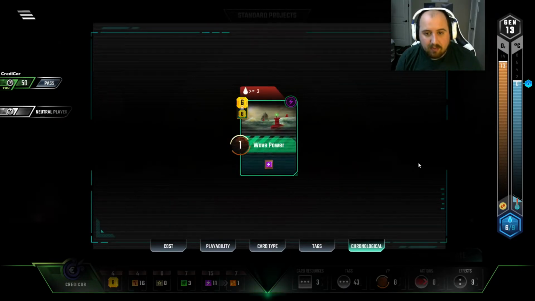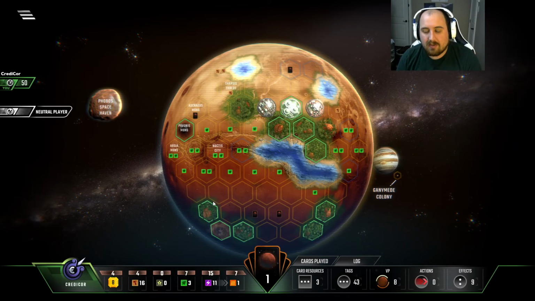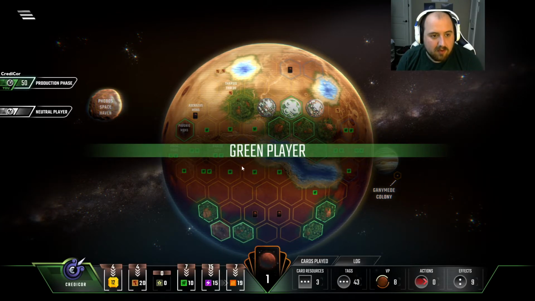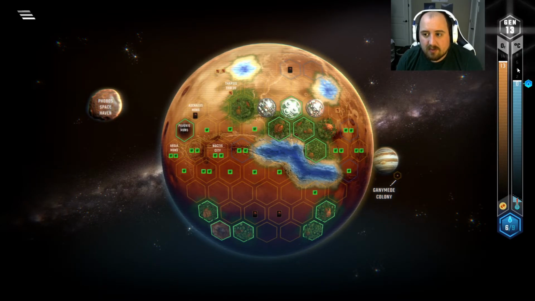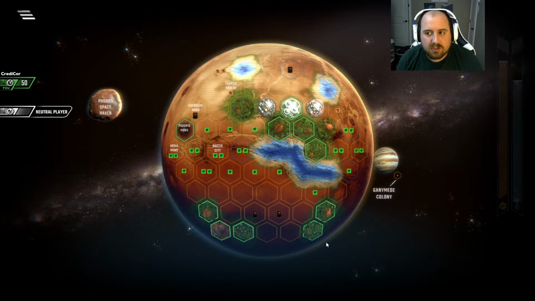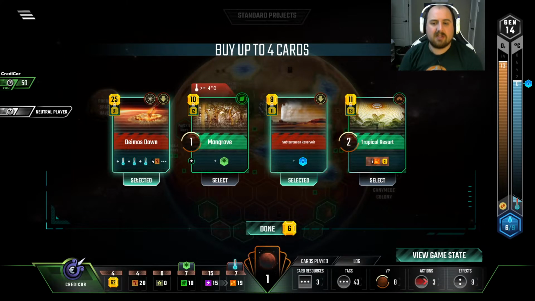Okay, and then this is a point, but honestly, the energy is pointless, so I'm just going to pass, and we're going to go into the next gen, and I'm going to focus on not losing. We have 2 heat bumps. We have 3 oceans to go. There we go. This Deimos Down isn't even great, but to get 2 more heat bumps, it's better to go that way than the other way. So that's everything except for 2